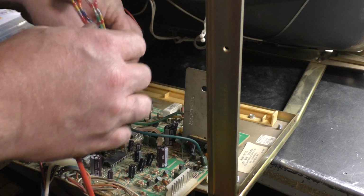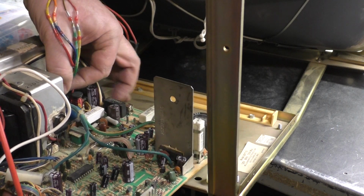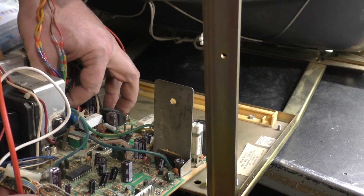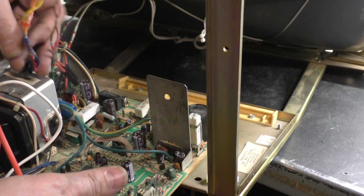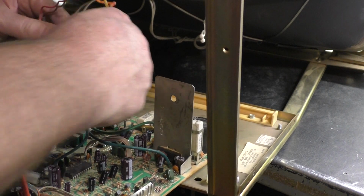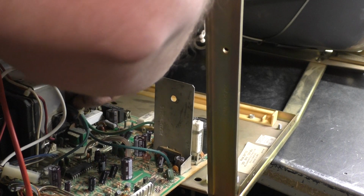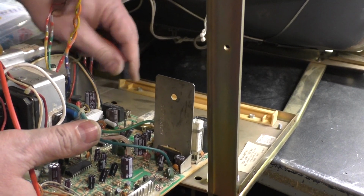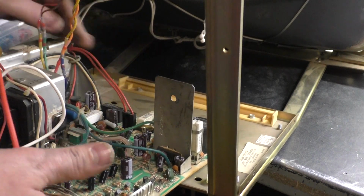So we'll start by hooking this up arbitrarily. Okay, there's vertical, horizontal, degauss,